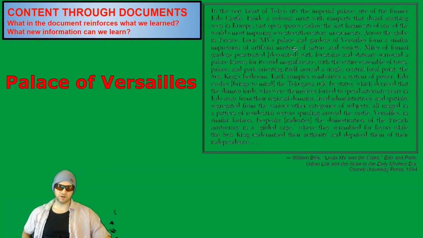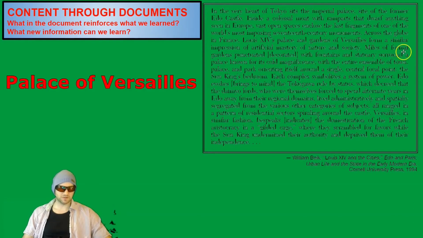Artificial mastery, the gardens, impression of? No, they actually gardened and took all of nature. They were in control of all of nature around there. I don't know what the author exactly means with that. It's not historical language, and the claim is not one you usually try to back up. This is more